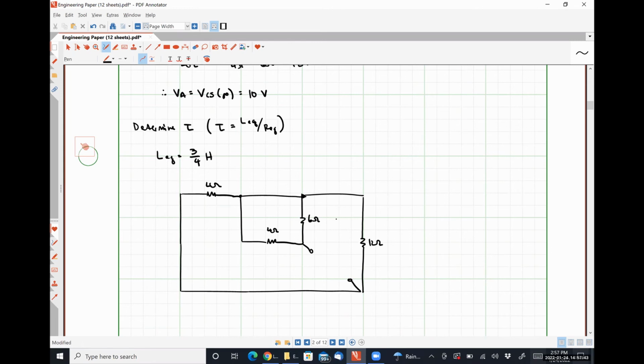So I'm going to take my time, identify my nodes and all that jazz, and go back to really kind of the third day of the class and determine the equivalent resistance seen between terminals A and B. So if this is B, this is A, let's call this guy C,